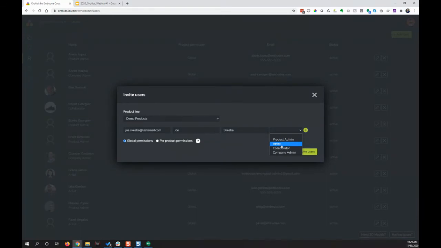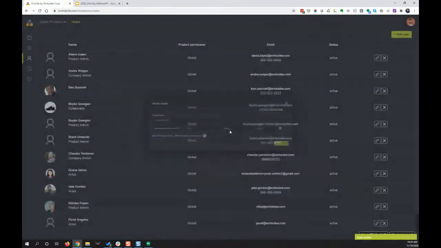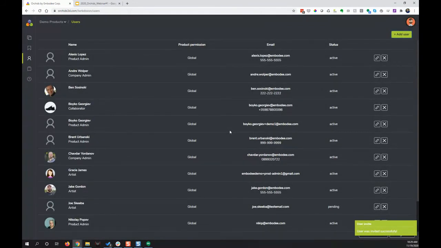All right, so Joe's an artist, and I'd like to have Joe actually create a product for me. So I'm going to invite him to the platform. When I say create, I want him to go to the 3D authoring tool, create a geometry, and bring that model into the platform so we can continue to add materials and colors and create variants there. So I've added him into the platform. Right now, he's received an email to create his own password, and let's say that's going on behind the scenes.